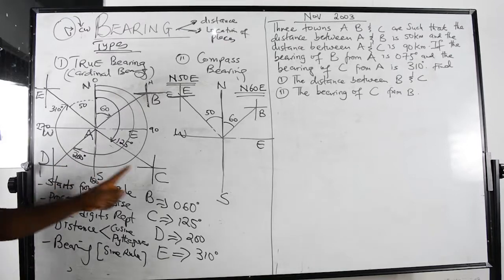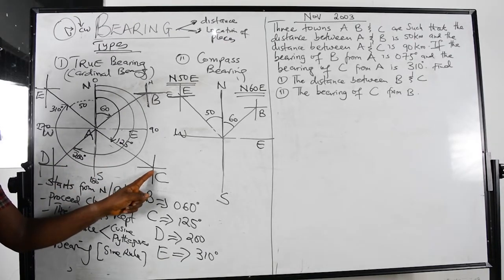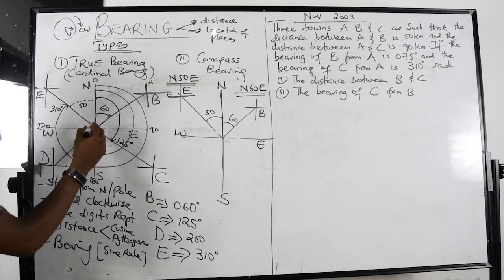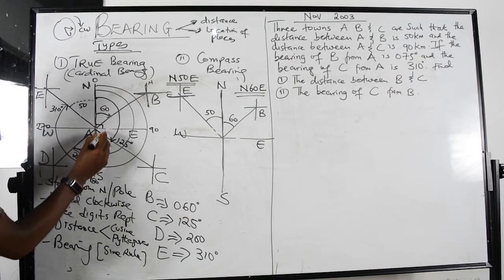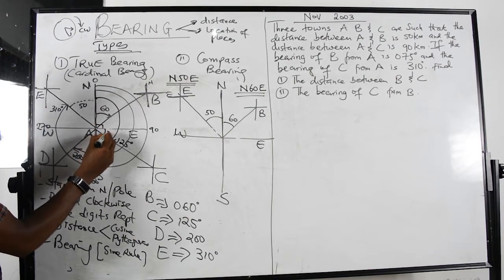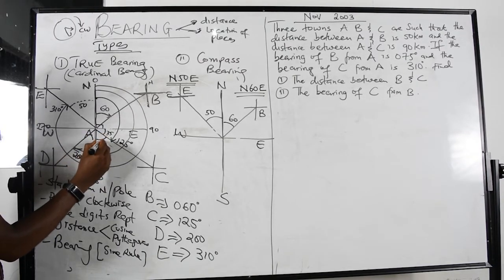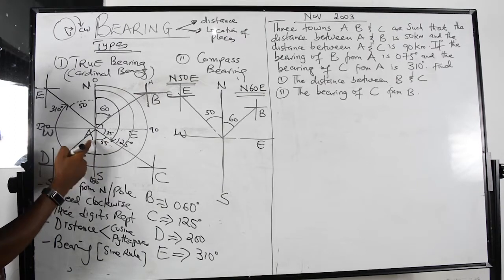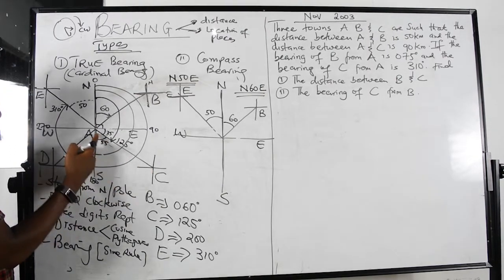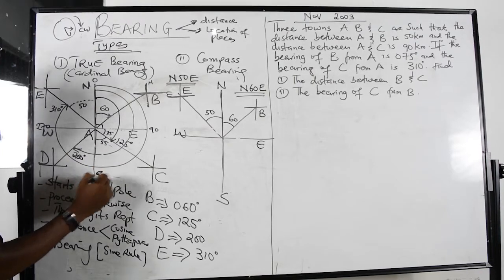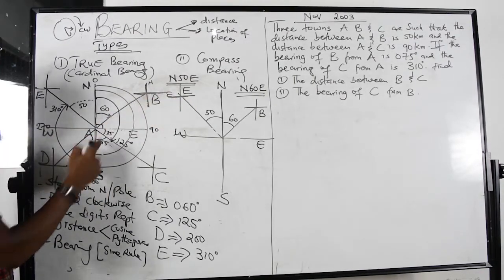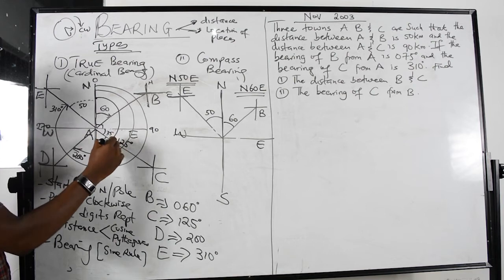So I still want to locate this point here. I want to locate point E. Remember, this was 90 degrees and this is 35. So if I remove 35 from the 90 degrees, I'll be left with 55. So this 55 here. Now I'm trying to locate point C, but I start from the South Pole in that fashion. So this is point, remember this was 125 there.